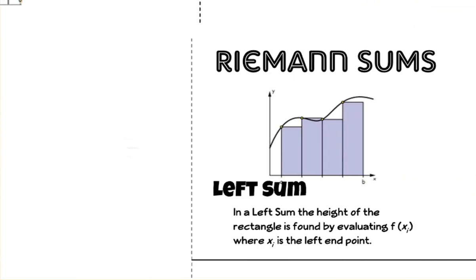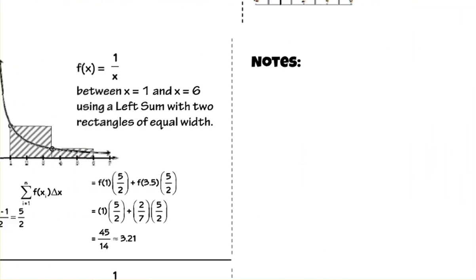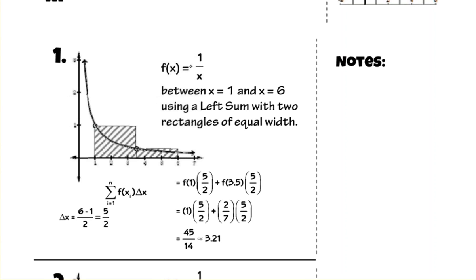Okay, so they're taking the equation y equals 1 over x. So notice all down the left side, I think on the back page, they graphed part of that graph. And we're going to try to estimate how much area is between 1 and 6. So obviously, it's a different amount of area than it would be between 2 and 6 or 5 and 6. But between the x values of 1 and 6, let's say that we want to estimate that. And we're going to do it with